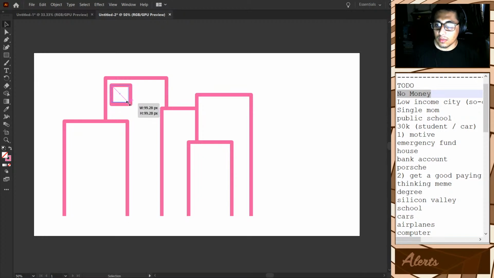You could also go in the properties panel and make them the perfect size that we need, and there you go. I'm kind of liking that.